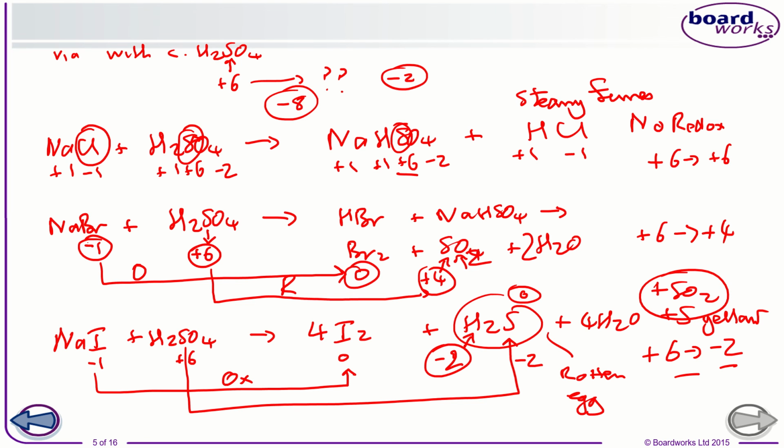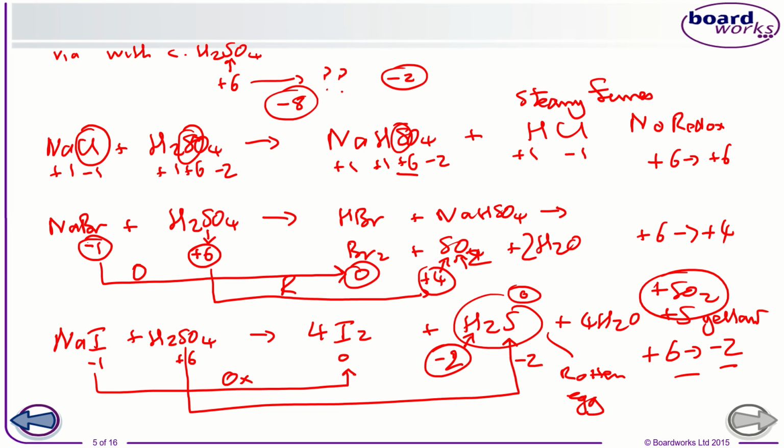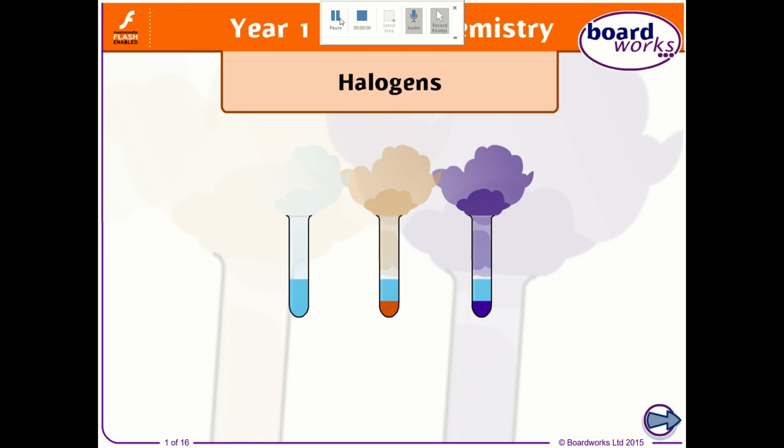So you can see therefore we have not only talked about why one was a better reducing agent than the other, but now you have got the reactions, and these reactions are in your notes. You have to be able to write the balanced symbol equation for the reaction of the chloride, bromide and iodide ions with sulfuric acid. So please make sure you can do that. You can explain why iodide ions are the strongest reducing agents, and remember it's the halide ions that are reducing agents, not the halogens themselves. Okay, so good.